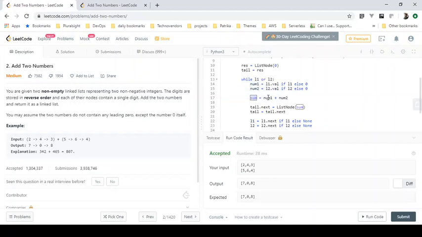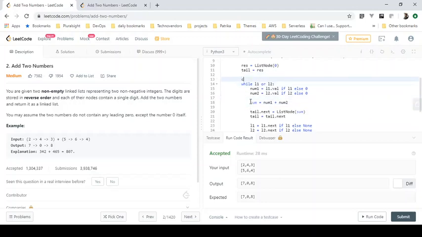So the sum would be 4 plus 6, which is 10. We know the result should hold one digit in a single node, so we will take the carry to the next level. Let's create a carry. We'll mod the sum by 10.